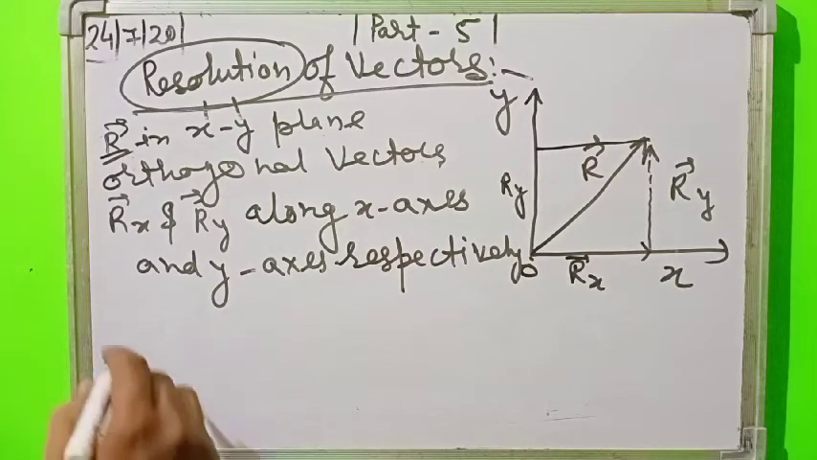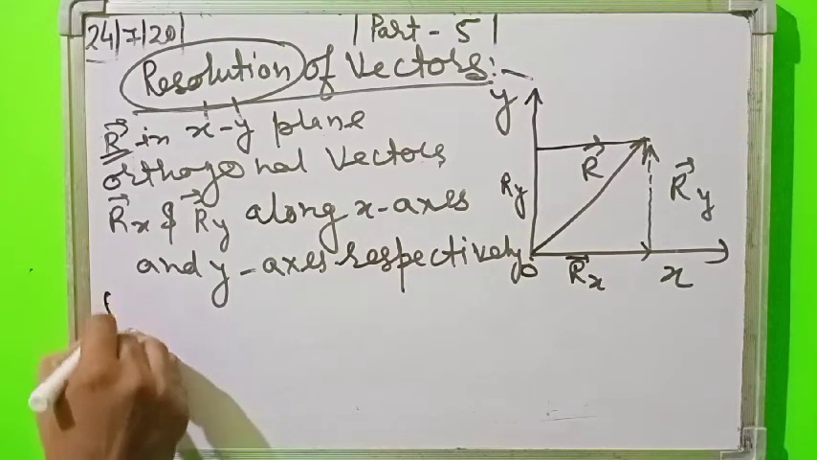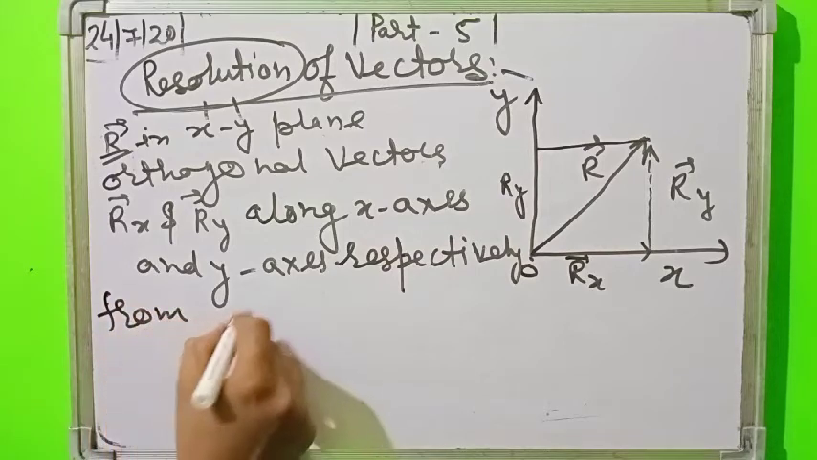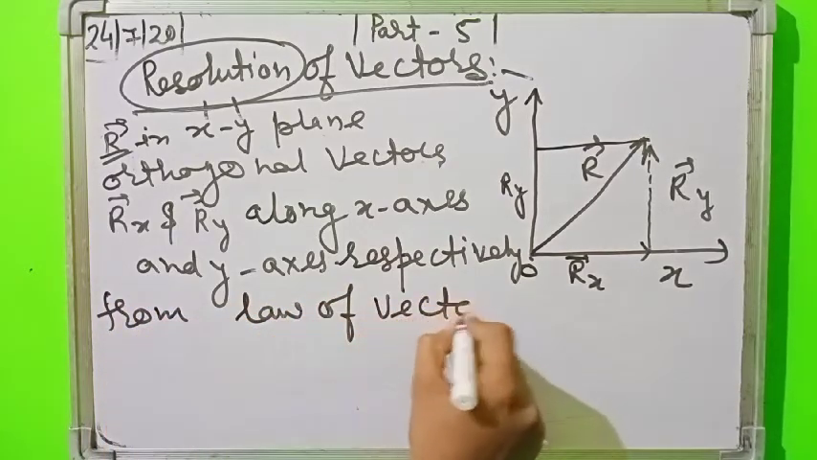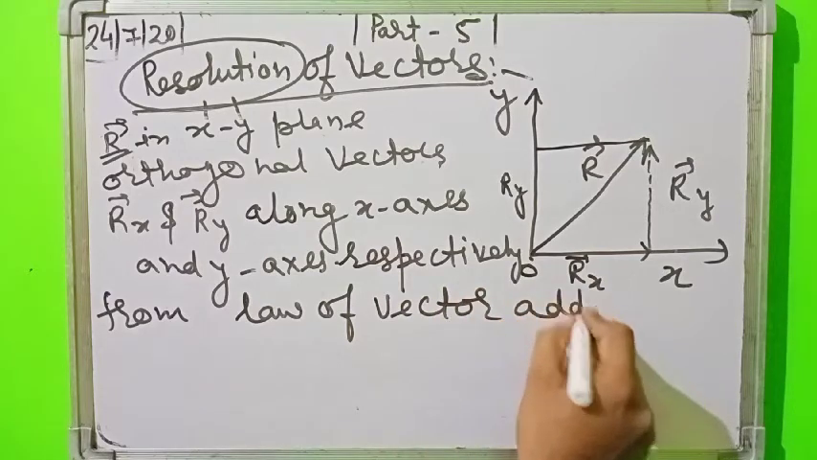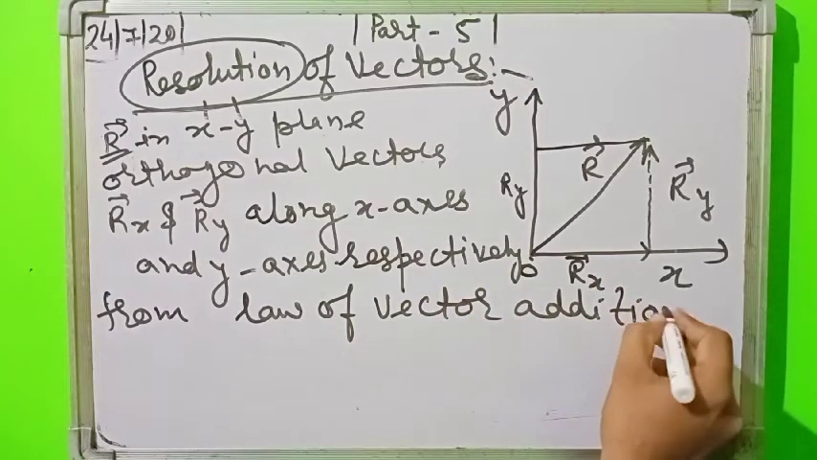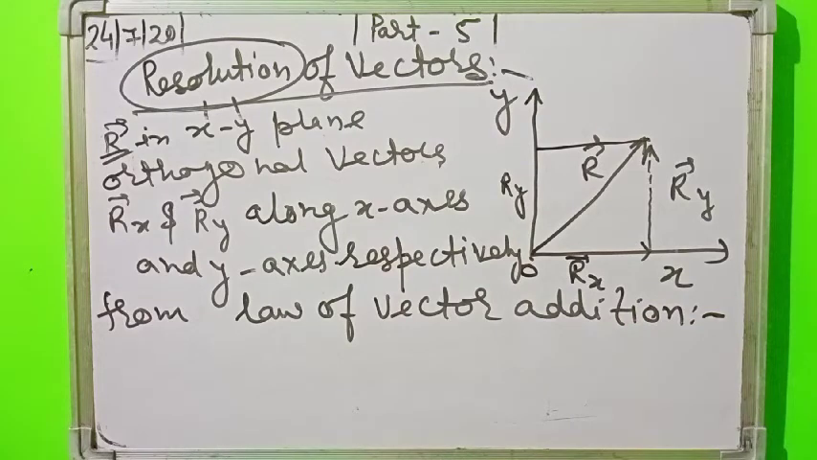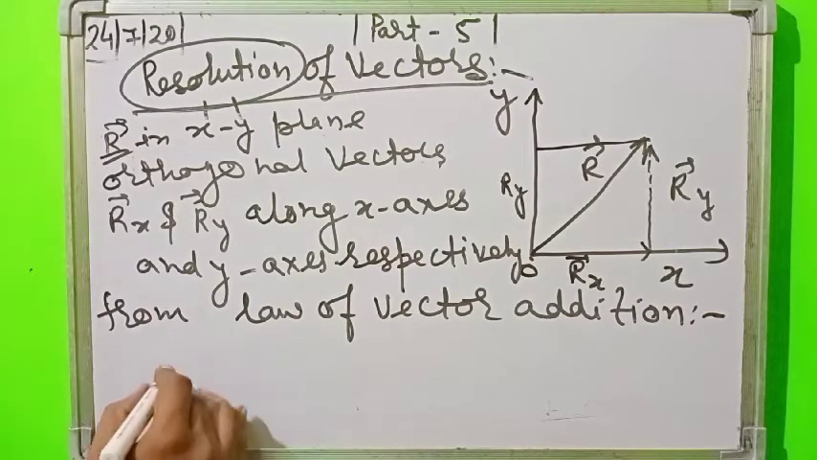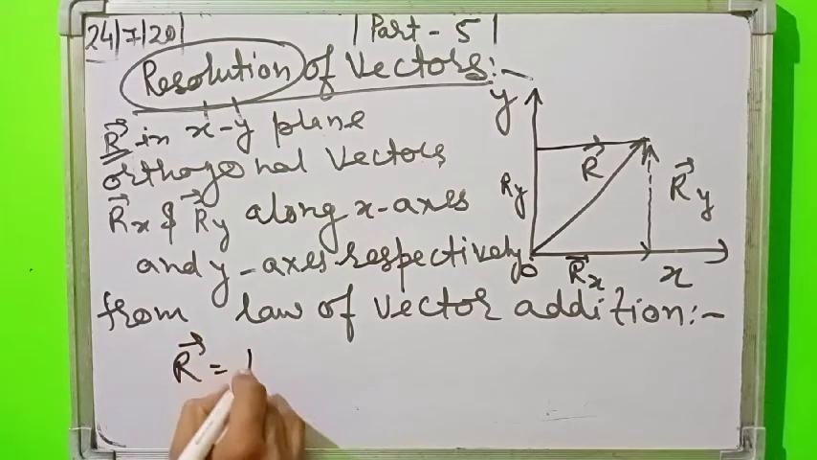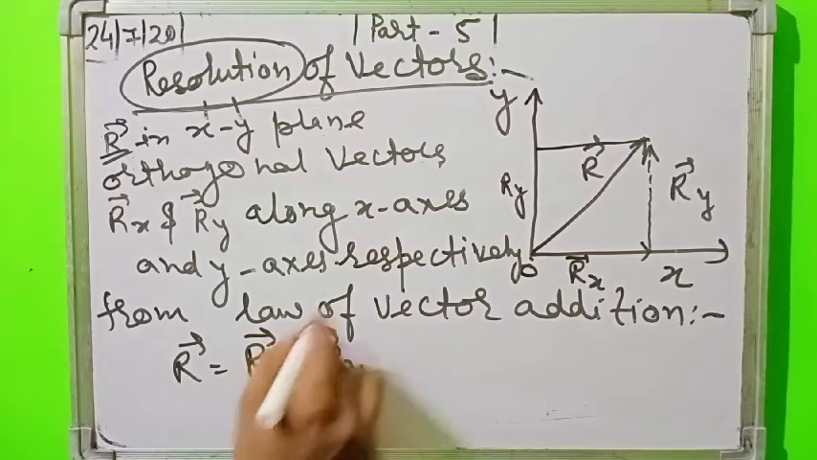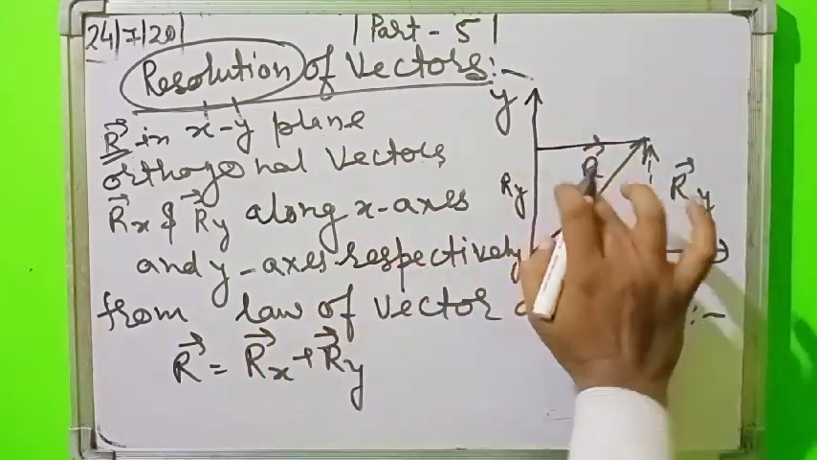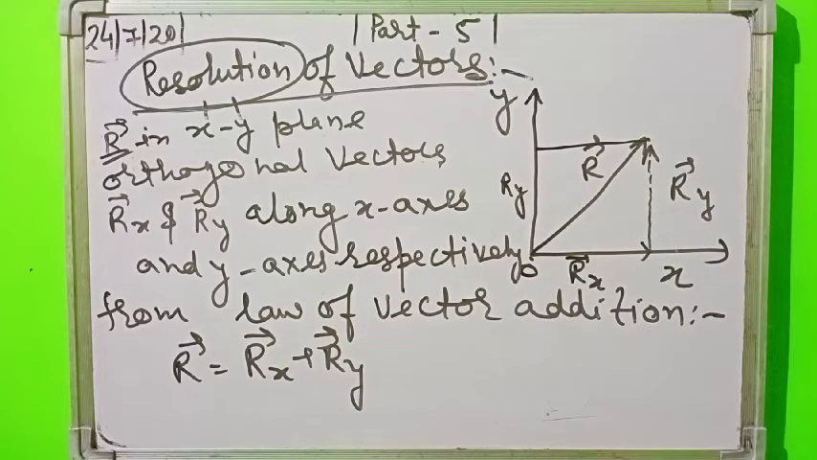So from law of vector addition, we can say that r vector is what? R vector is equal to rx vector plus ry vector. It is clear from the diagram also. R vector is equal to rx vector plus ry vector. Now,